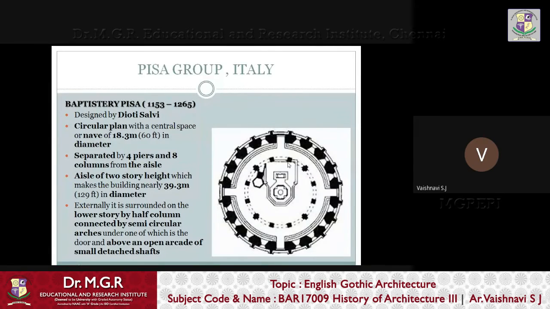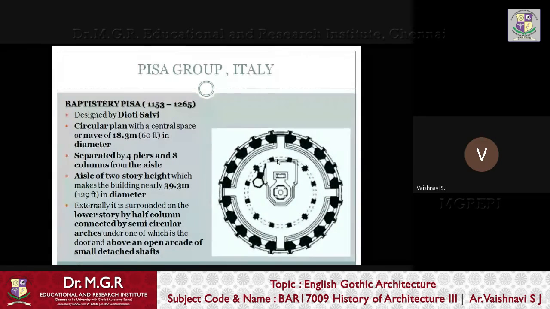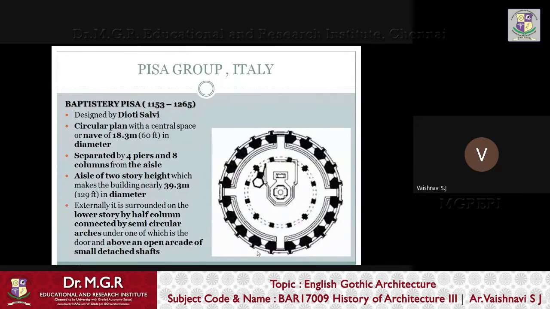This central circle was nearly 60 feet, which is 18.3 meters, and it was separated by 4 piers and 8 columns from the aisle. And the aisle was 2-story height, and the building had an outer diameter of 39.3 meters. So the entire diameter was 39.3 meters, and